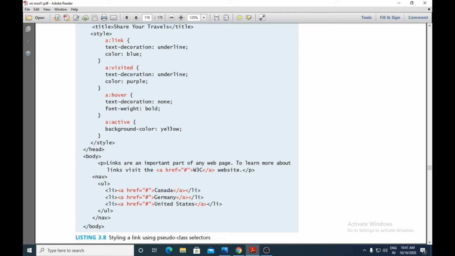So the pseudo selector chosen here is a, that is the anchor element, and a particular state of that anchor element. So it is known as a pseudo selector. You are targeting a particular state of that element. Okay, next we have,